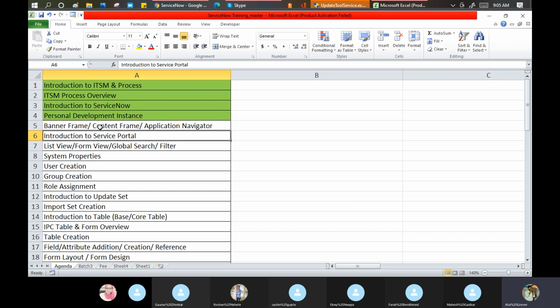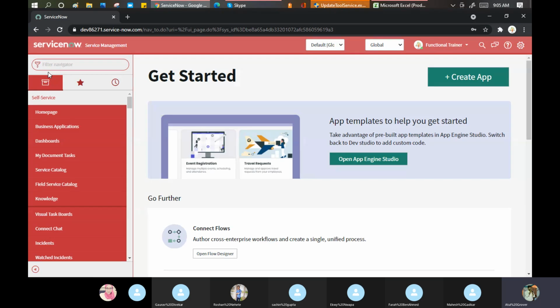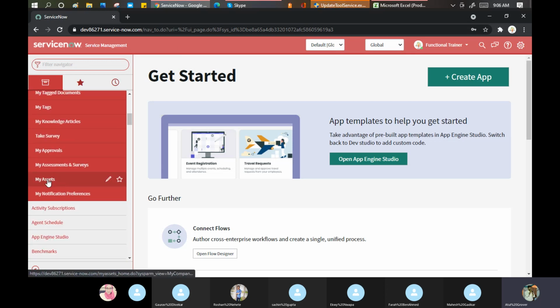So now we are going to discuss the content frame. Let me open it here in the instance. So this is my banner frame, this is my application navigator, and this is my content frame. The content frame is the place where any user can see the actual data, the actual requirement. If I take an example, suppose I search,